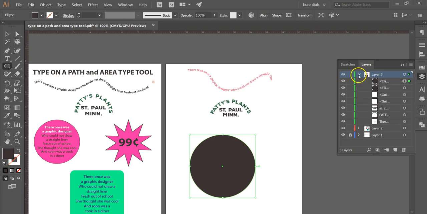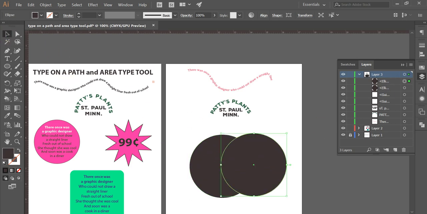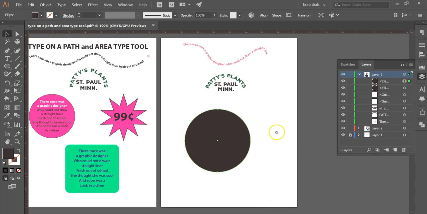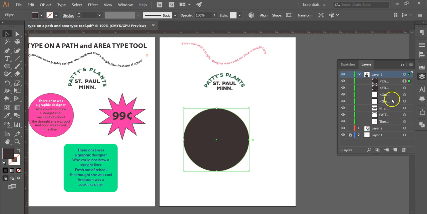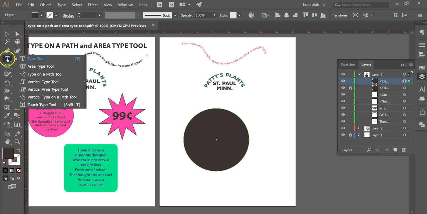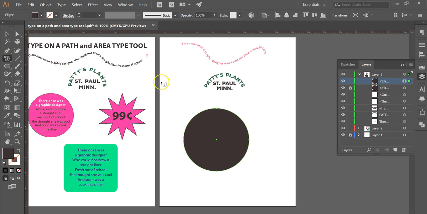So now if we click on our layers here, you see I have two circles, the exact same thing. If I move this circle, you can see there's one behind the other. I'm going to do Command Z or Control Z to put it back. All right, now I'm going to lock that bottom layer so nothing happens to it, and I'm going to work on this layer. This time I'm going to choose the area type tool, and I'm just going to click anywhere